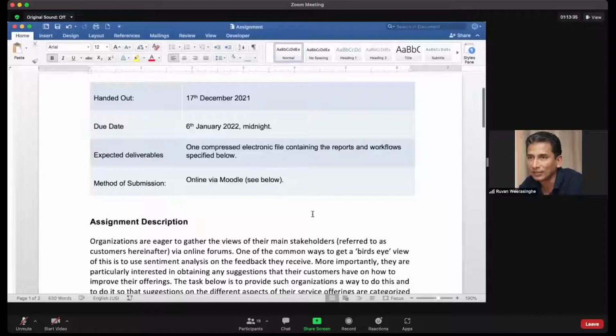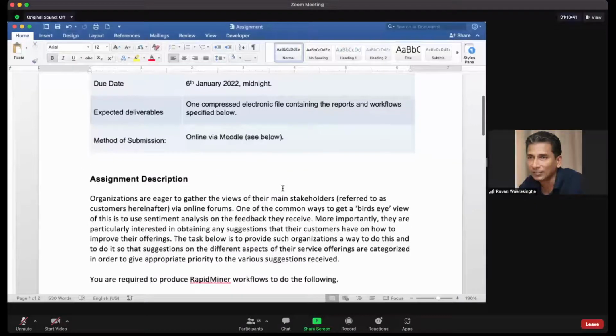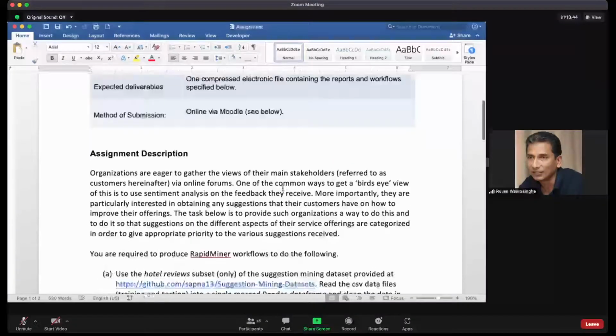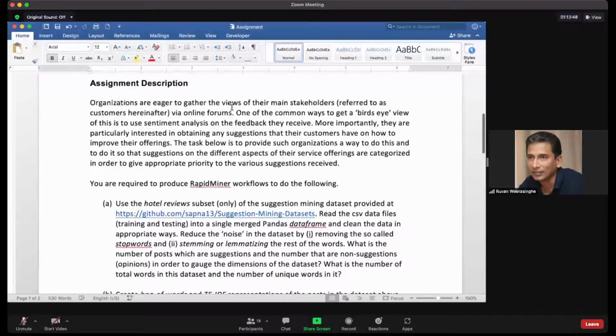give an idea of what it is. So I have said the due date is 6th January, but I may put it back by a week, right? So basically organizations are eager to gather views of their main stakeholders, right? These are referred to as customers, right? Via online forums,